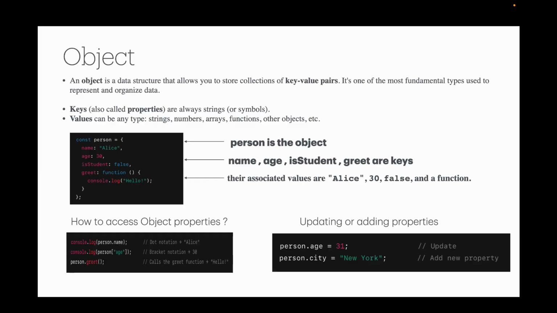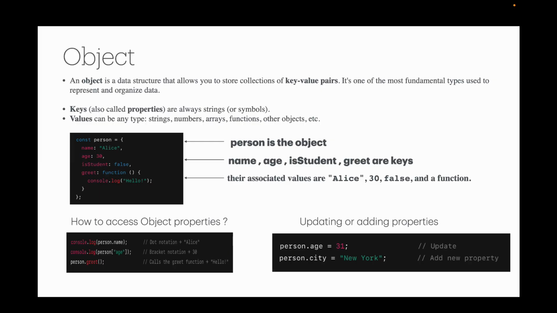So what is an object? An object is a data structure that allows you to store a collection of data as key value pairs. It is one of the most fundamental types used to represent and organize data. Now, what are keys? Keys are also called properties, and these are always strings or symbols. While values can be of any type: strings, arrays, numbers, functions, or some other objects